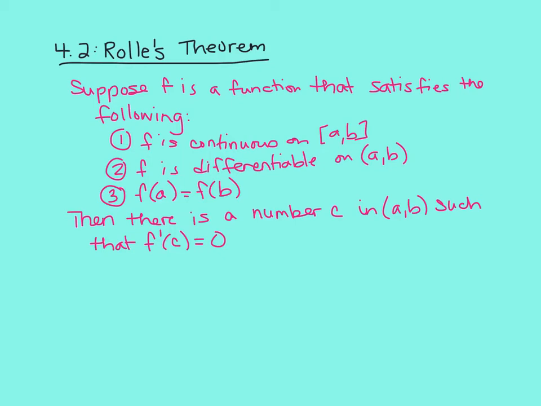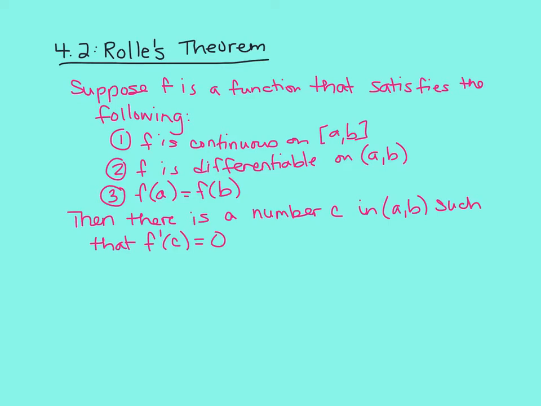to talk about an important theorem in calculus. It's called Rolle's theorem. So with theorems, remember, we generally will always have an if statement and a then statement. So in this case, we actually have three ifs. So we are supposing that we have a function that satisfies these three things. It needs to be continuous, it needs to be differentiable, and it needs to have two endpoints that are equal to each other. If all those things are true, then we have a number such that our derivative is equal